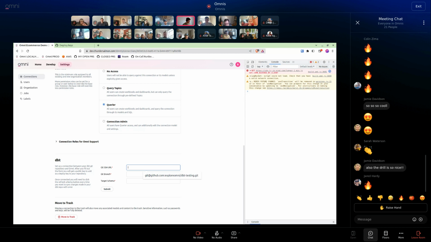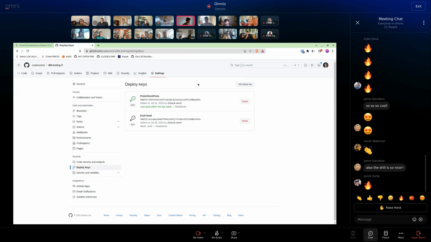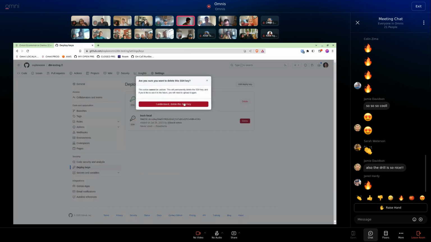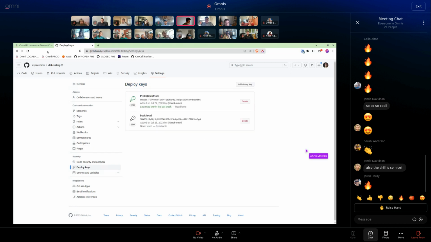So the user has to put in their SSH URL, a branch they want to clone, and then a schema, which is a DBT schema and has special meaning beyond just the database schema. Save that, and then we generate an SSH key, which the user will have to go into their deploy keys in GitHub. Delete the old one. This is a key. And once they've done that, then